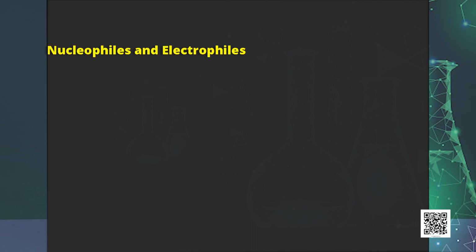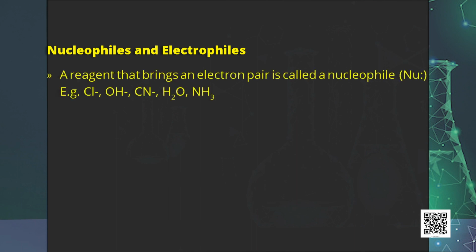Free radicals we have already discussed. Let us talk about electrophiles and nucleophiles. A reagent that brings an electron pair is called a nucleophile. Nucleophiles may be either negatively charged or neutral species having at least one lone pair of electrons. We can say a nucleophile is a nucleus seeking species. Cl negative, OH negative, CN negative are the nucleophiles carrying negative charge, while water, NH3 are examples of neutral